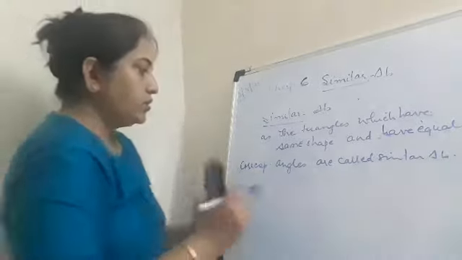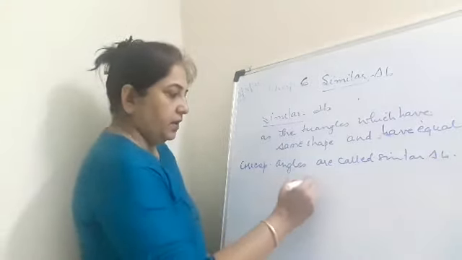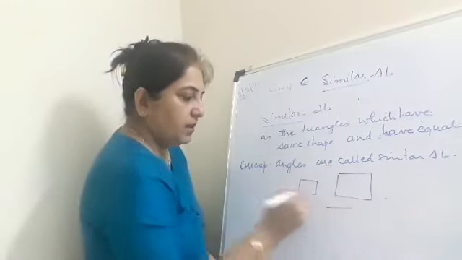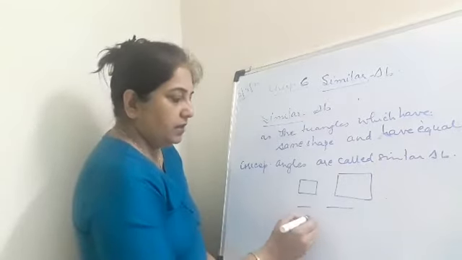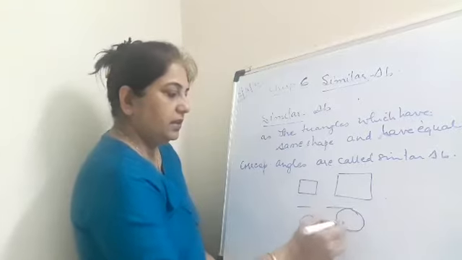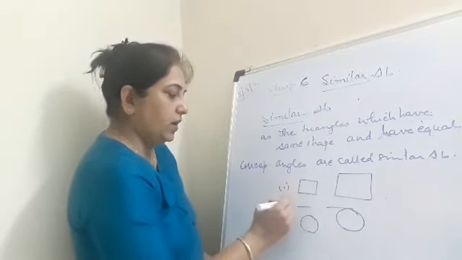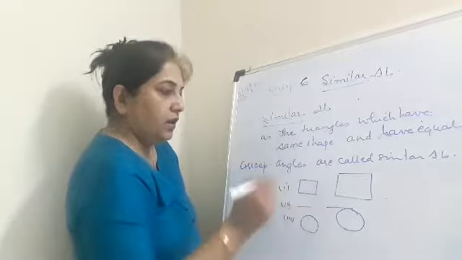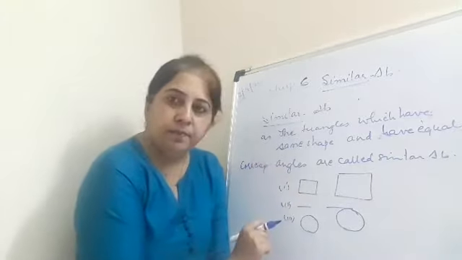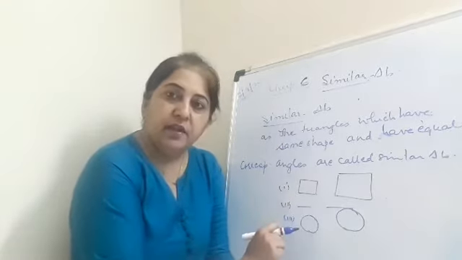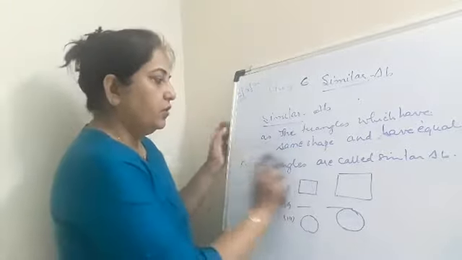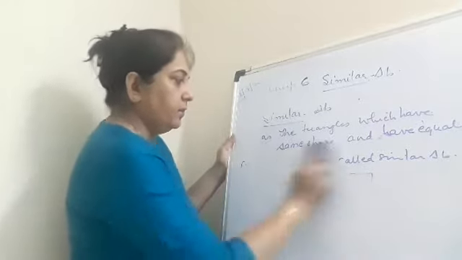Okay, now we can also have two similar squares, two similar line segments, two similar circles. These are other examples of similar figures. So what did I say? I repeat, similar figures are those figures which have the same shape and the same angles, and if they have the same size, then they will become congruent. So this is the main difference between congruent figures and similar figures.